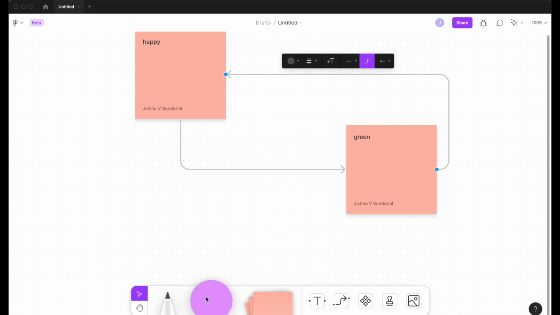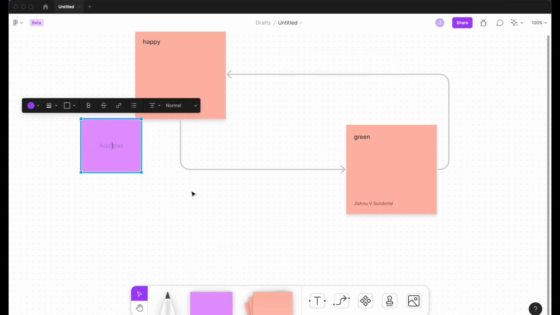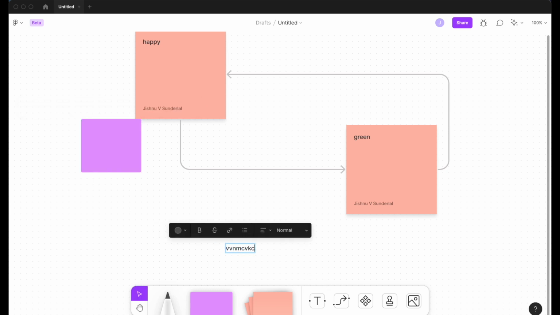And you can see lots of things here. You have lots of shapes. They have also included this round rectangle shape. Everything is here. It's so comfortable, so smooth. And there is even a grid behind this. You can add text, whatever you want.